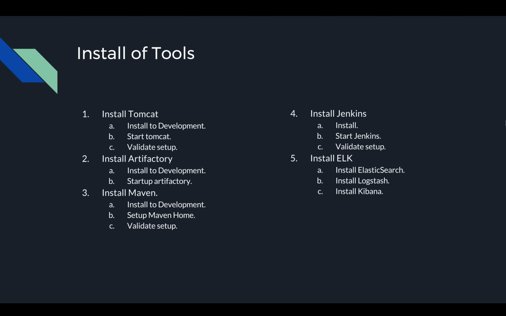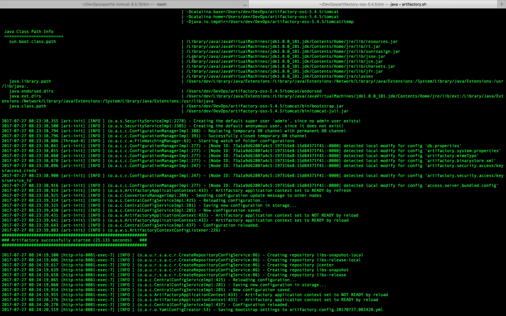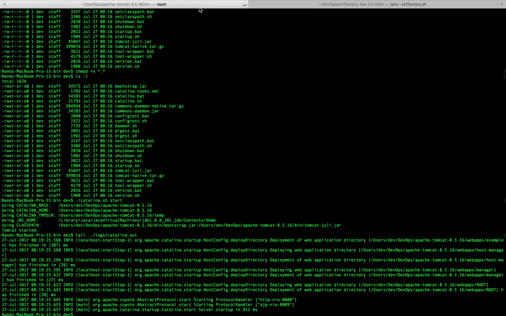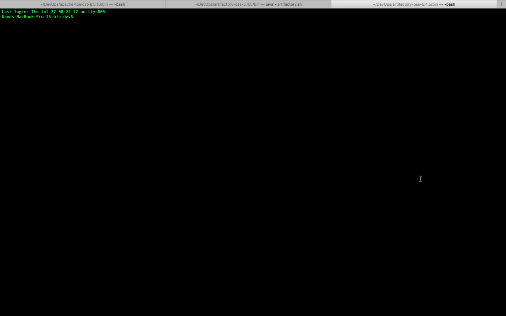So let's move on and get Maven installed. I have my terminal window open here. I have two tabs right now: the first one that we use to start up Tomcat, and the second one where Artifactory is running. I'm going to open up another tab, go to my home directory, and make sure it is the home directory, and do the same procedure that we did earlier,